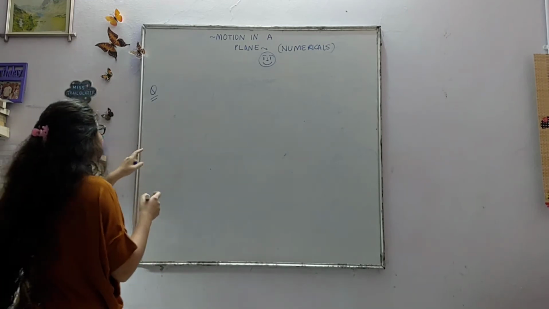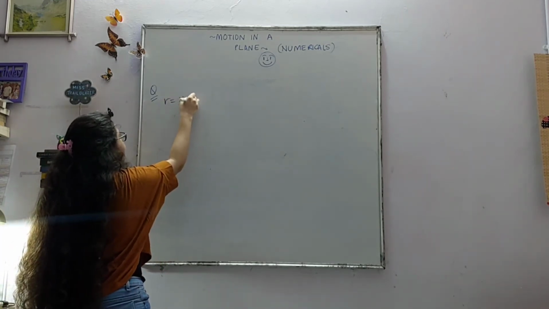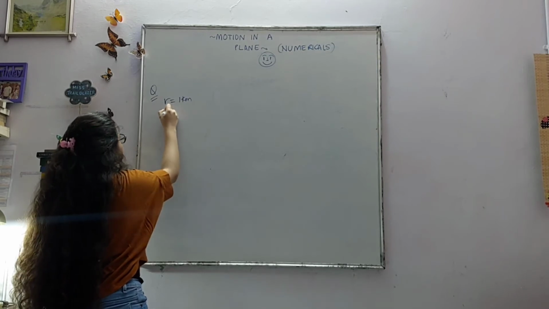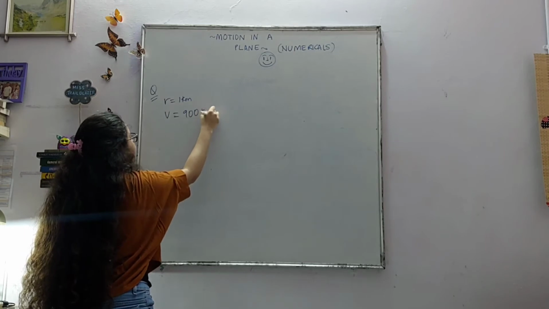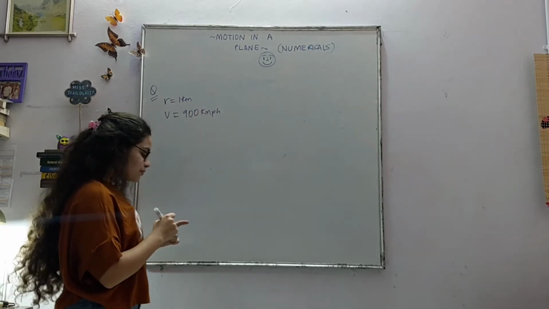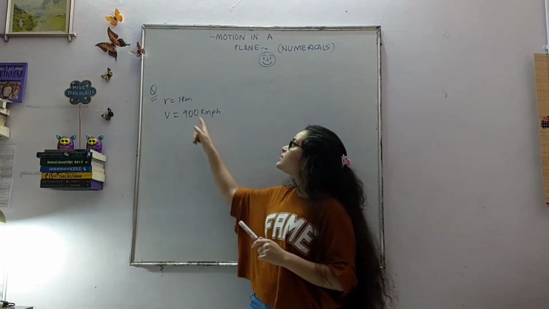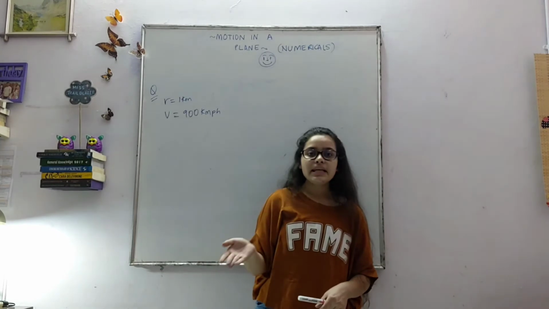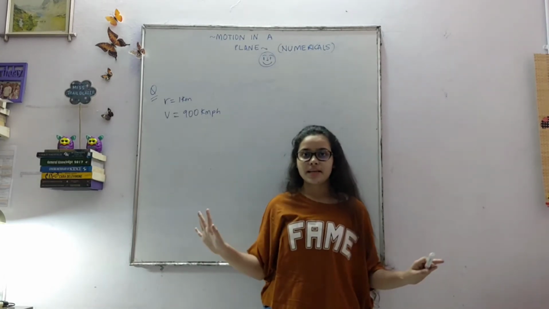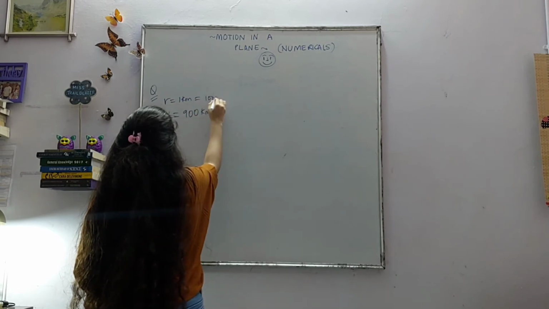Okay. So what is this question? Basically they are giving us a radius of 1 kilometer and they have given us your velocity of 900 kilometer per hour. First rule of 11th class physics, whenever you see something in not an SI unit, you are going to convert it into SI unit. Right? That is very fundamental. So 1 kilometer equal to 1000 meters.